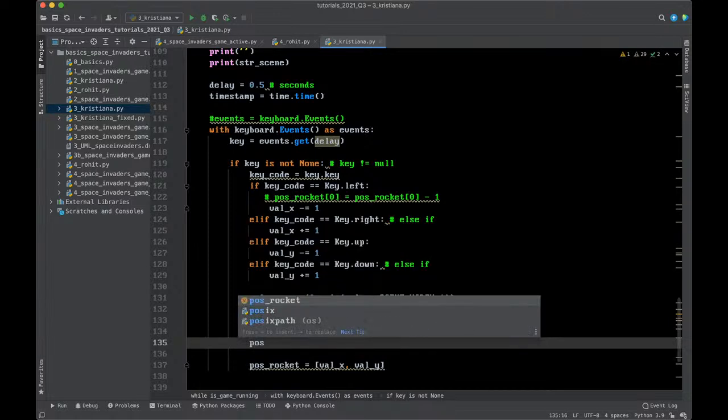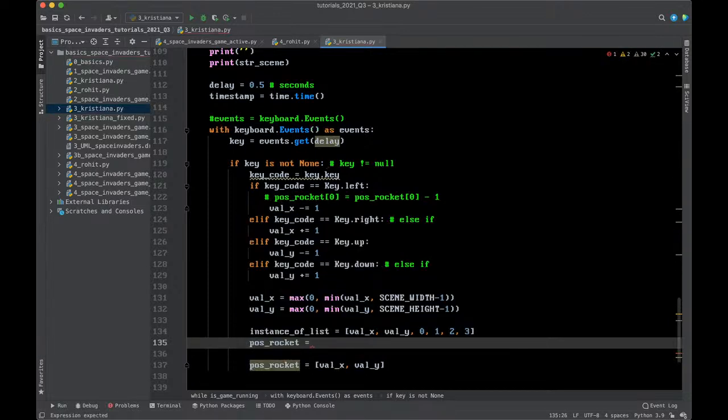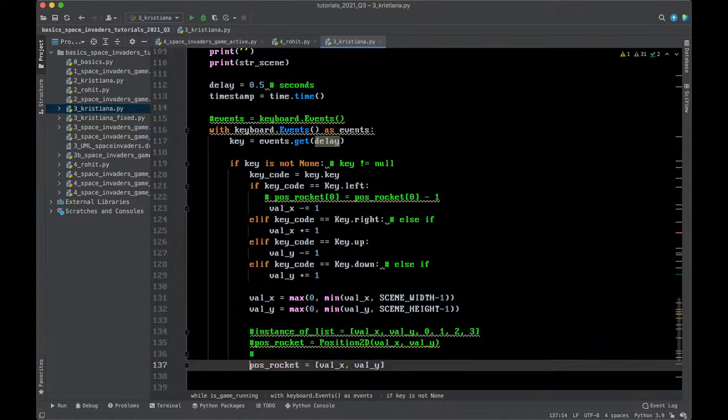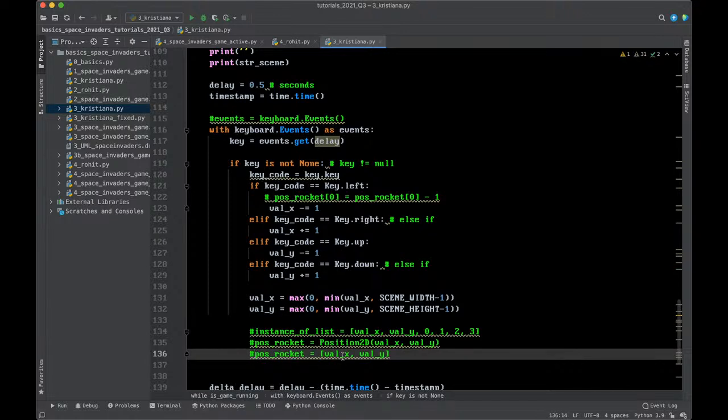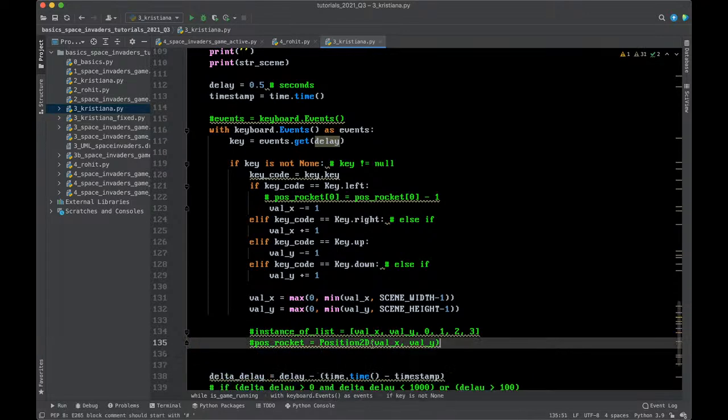If I wanted to create a new position rocket, I would need to do something like this, and then pass the val x and val y. But this is not necessary. We do not need to create a new position rocket here. We can use the existing one and just change the internal values. So please do not do this or this or this. This is all unnecessary, and the last line would cause an error and would not work at all. It would work, but it would override the position. It would not be a position anymore. It would be a list then. So instead,